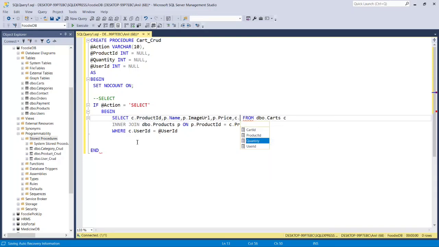We're going to give the quantity alias as qty, in shortcut quantity, okay, comma